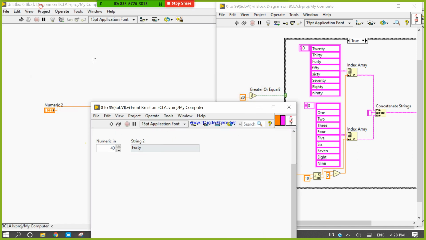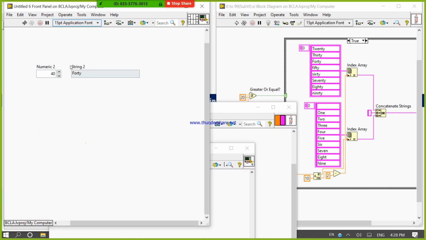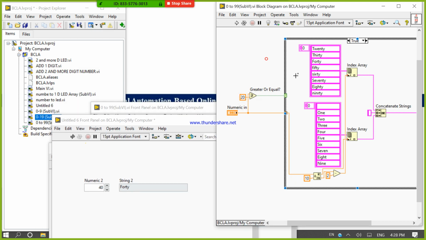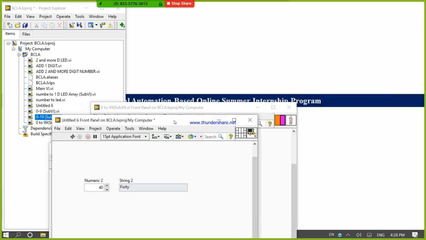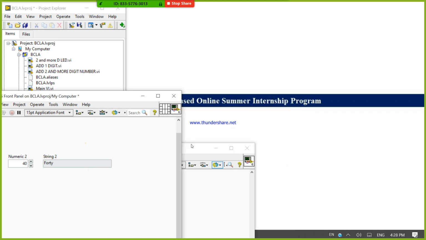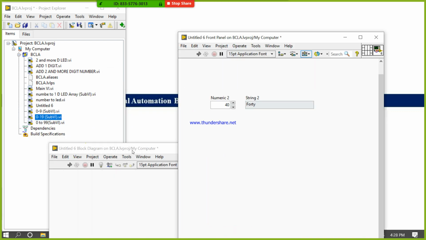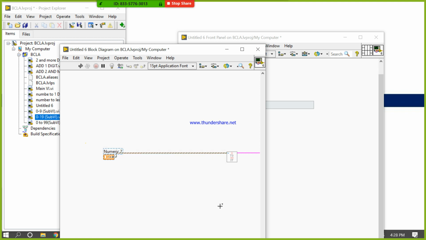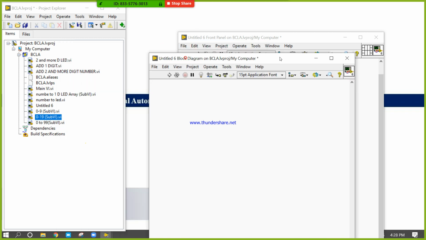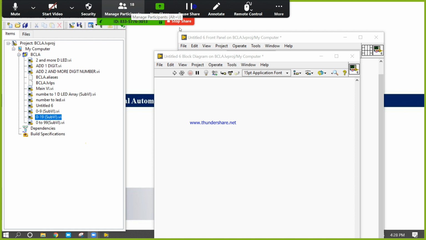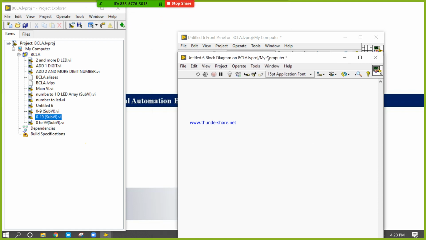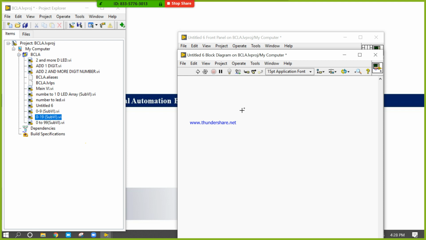Okay, now you can see this is also presenting here. Let's see, delete this one. Okay, 0 to 99, delete this one. Delete again, all those things. Now can you tell me how we can write for the 0 to 999? Can anybody tell me how we can design from 0 to 999? It is very easy. Again, same procedure.